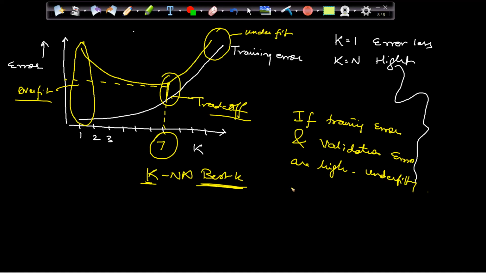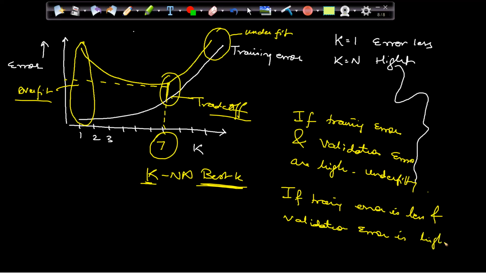If my training error is less and validation error is high, it's a case of overfitting. So we are looking for a point where I will have the very less validation error.